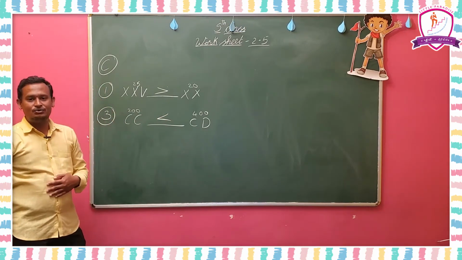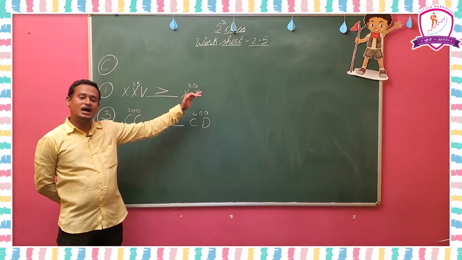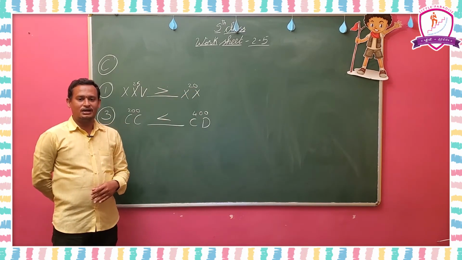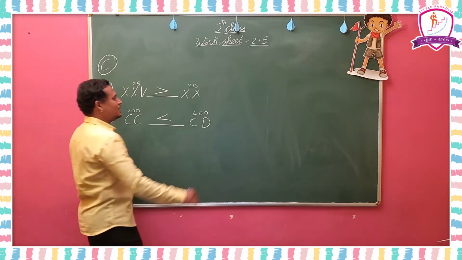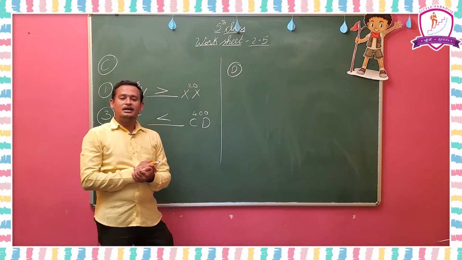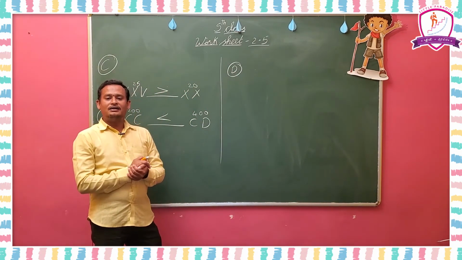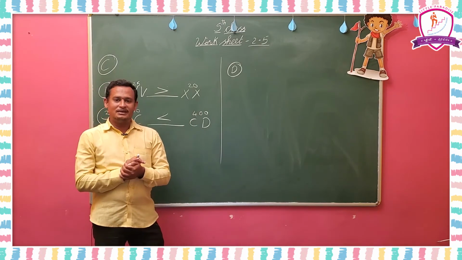Like that you have to complete the 2 and 4. 1 and 3 I explained here. 2 and 4 you have to complete on your own. First you have to complete this, then you have to do the remaining one. Now I am going to explain the D Roman here. Here in the D Roman, solve the following and write the answers using Hindu Arabic numbers. Here Roman numbers are given.